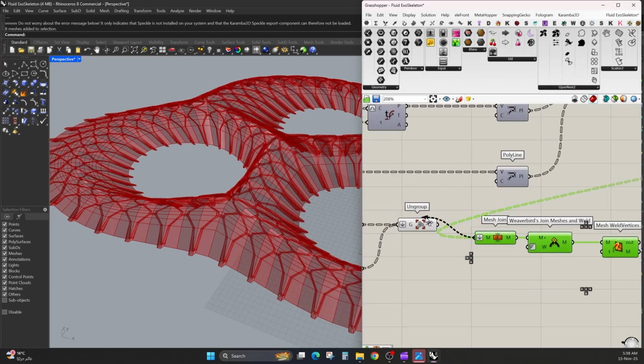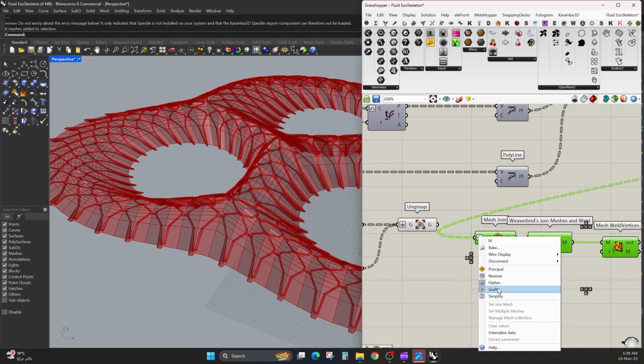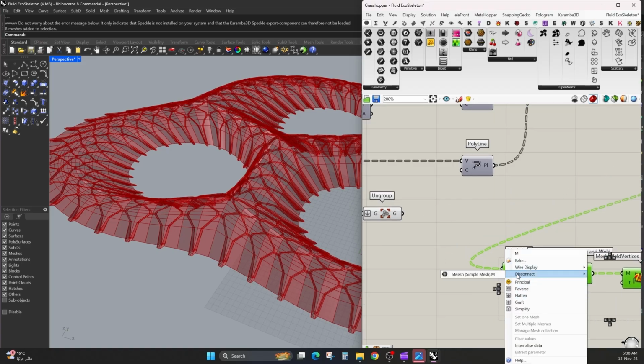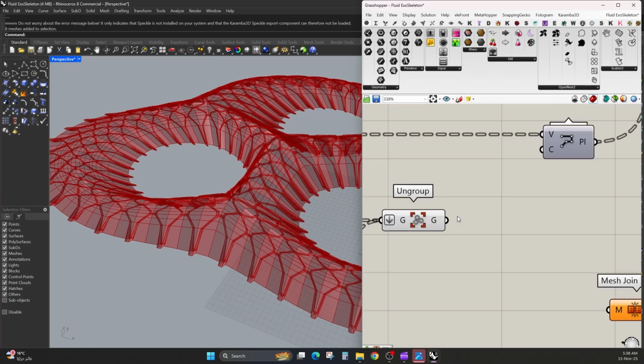and add it to here. But in this case we don't want this to be flattened. First of all, I'm going to disconnect this and let's check the data tree in here. So right now we have all of these. So if I grabbed those and said